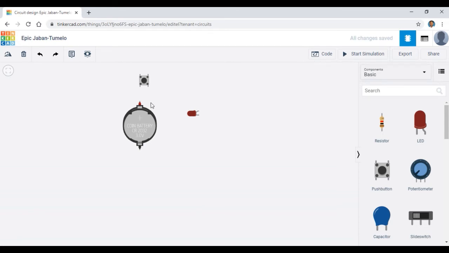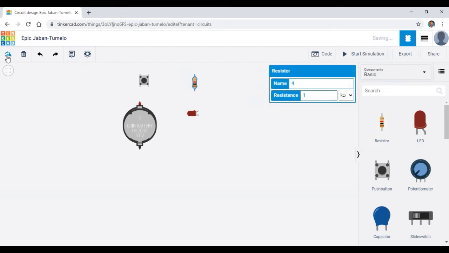But the battery voltage is 3 volts, which is more than the required voltage of this LED. So to prevent damage to this LED, we have to use a resistor. So I am just taking a resistor. I just want to rotate this resistor. Okay, sorry.